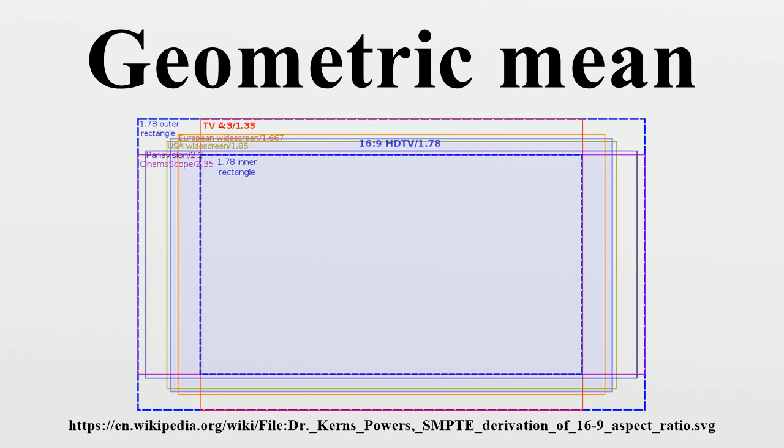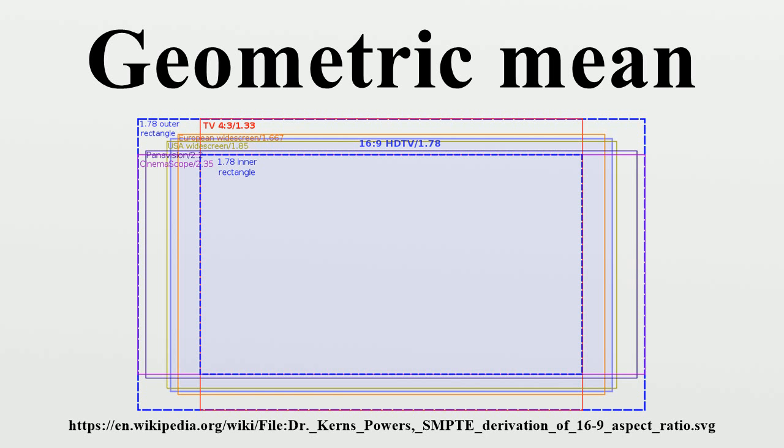was chosen. This was discovered empirically by Kerns Powers, who cut out rectangles with equal areas and shaped them to match each of the popular aspect ratios. When overlapped with their center points aligned, he found that all of those aspect ratio rectangles fit within an outer rectangle with an aspect ratio of 1.771, and all of them also covered a smaller common inner rectangle with the same aspect ratio, 1.771. The value found by Powers is exactly the geometric mean of the extreme aspect ratios 4:3 and CinemaScope, which